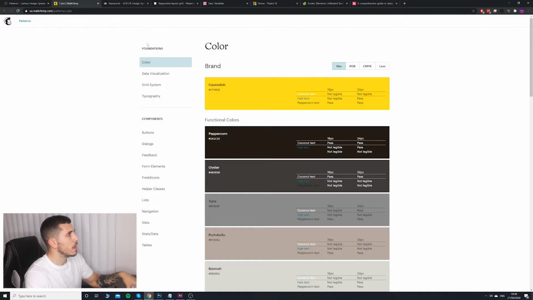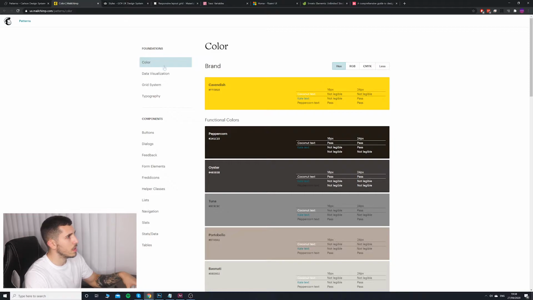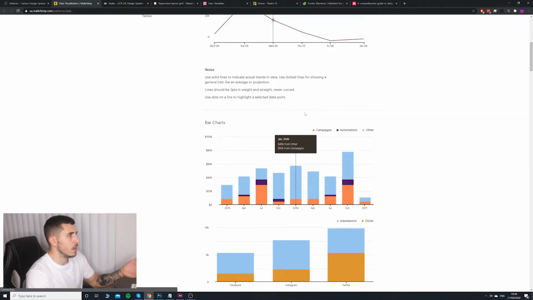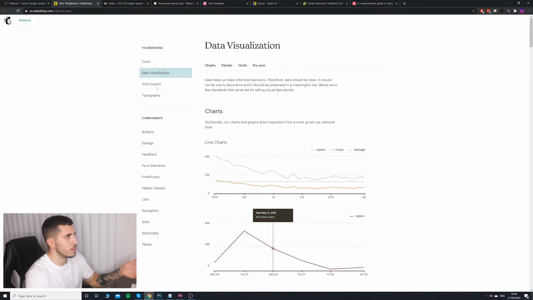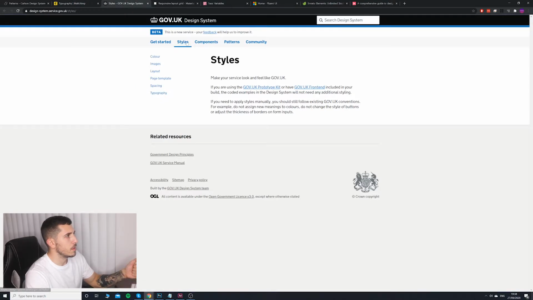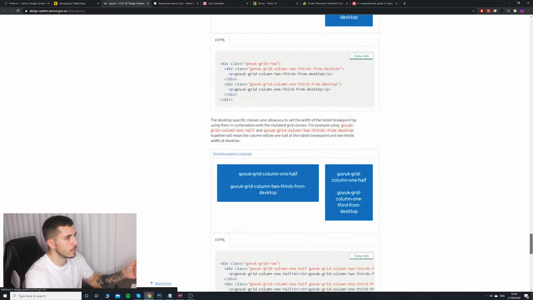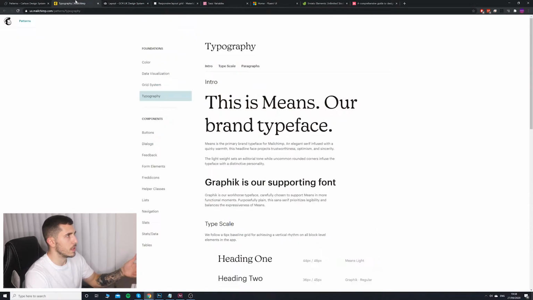Let's have a look at the Mailchimp design system. Again, this is split into the foundations, which are basically the styles of Gov.uk. So we have colors, we have data visualizations because in Mailchimp data is very important. Then you have the grid systems and typography. You'll notice those again in the styles of Gov.uk. We have the layout, so it's basically the same thing as the grid system